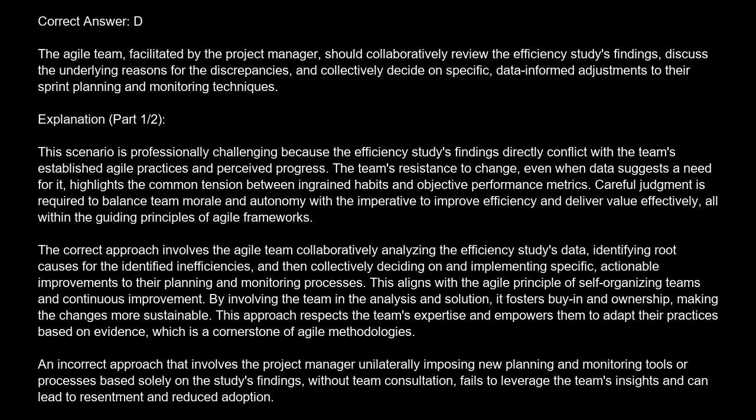The correct approach involves the Agile team collaboratively analyzing the efficiency study's data, identifying root causes for the identified inefficiencies, and then collectively deciding on and implementing specific, actionable improvements to their planning and monitoring processes. This aligns with the Agile principle of self-organizing teams and continuous improvement. By involving the team in the analysis and solution, it fosters buy-in and ownership, making the changes more sustainable. This approach respects the team's expertise and empowers them to adapt their practices based on evidence, which is a cornerstone